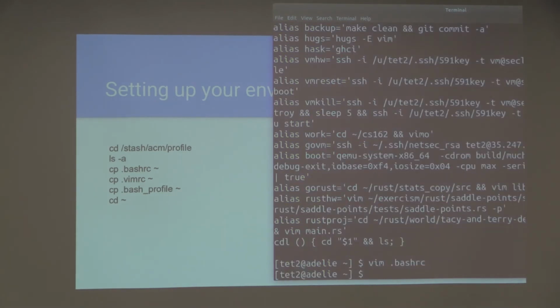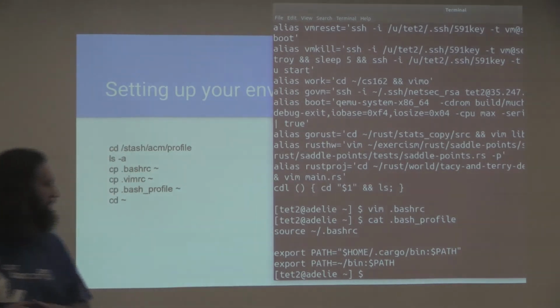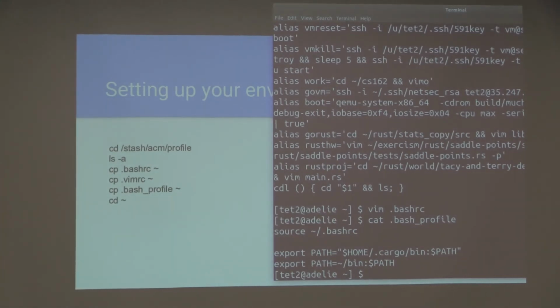One, we can log out and log back in, which is where, if we look at the dash underscore, you're going to see source tilde backslash dot bashrc.